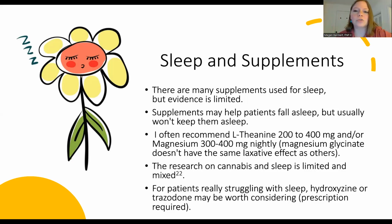Marijuana and treatment is a whole other topic, or could be its own presentation. But I wouldn't say it's necessarily a bad thing to consider, but in my experience, it alone is not going to be the solution. And then for patients who are continuing to really struggle with sleep, there are medications that